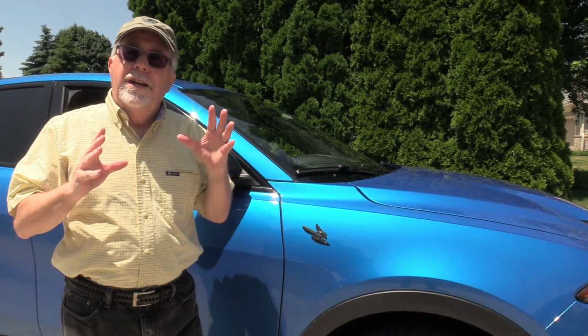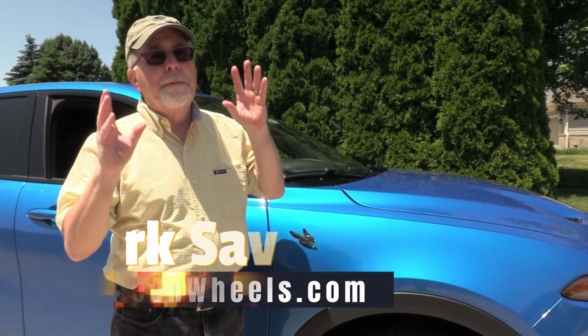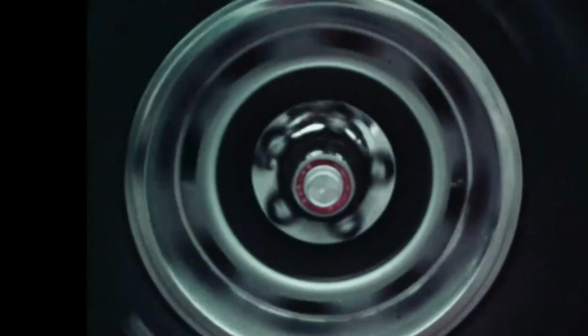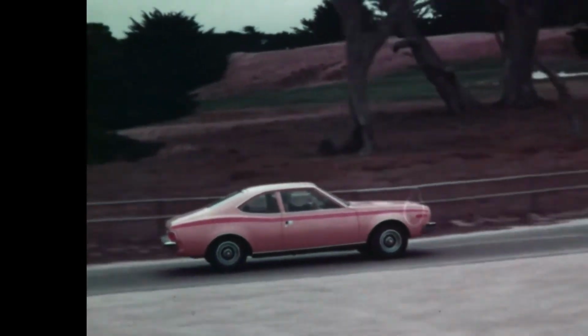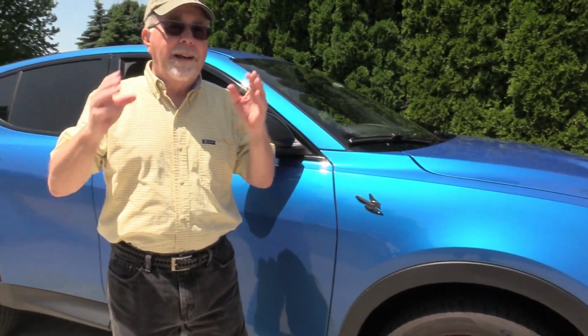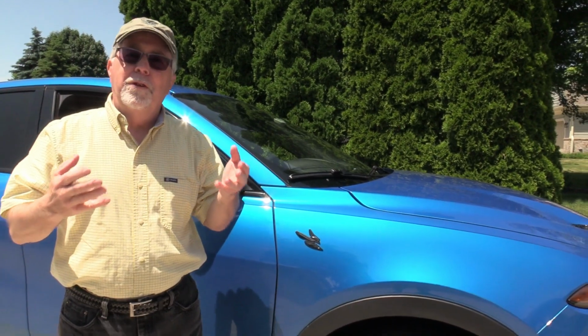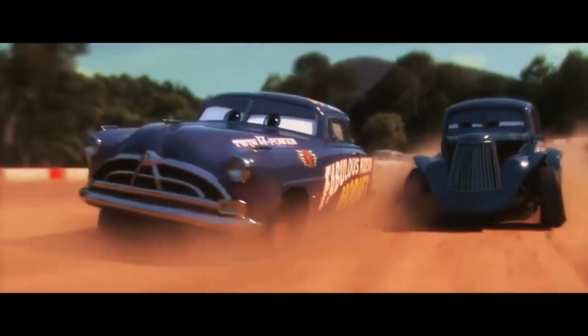Hey, Mark Savage here. This is the new Dodge Hornet. If you're a little older, you might remember the name Hornet. AMC had a Hornet. Introducing the 1973 Hornet hatchback. We had one. And if you go way, way back, the guys even older than Paul and I would remember that there was a Hudson Hornet. They raced those things. Well,